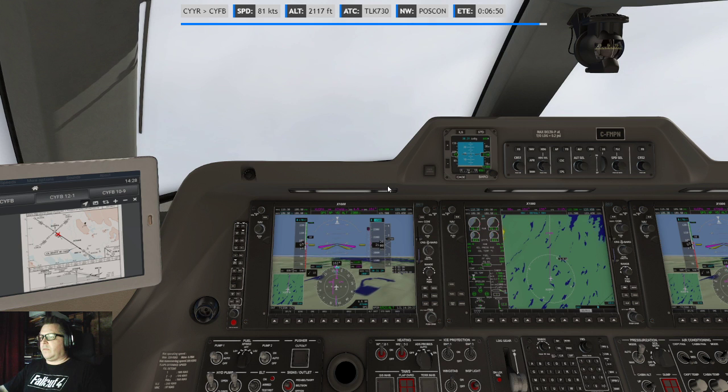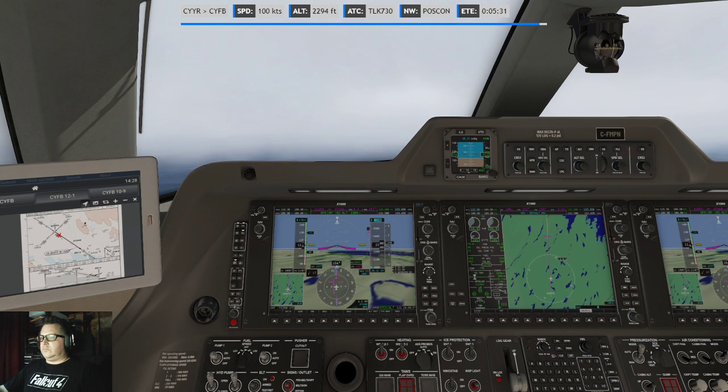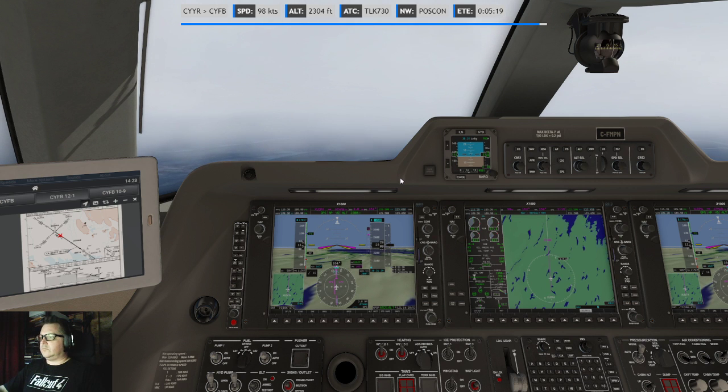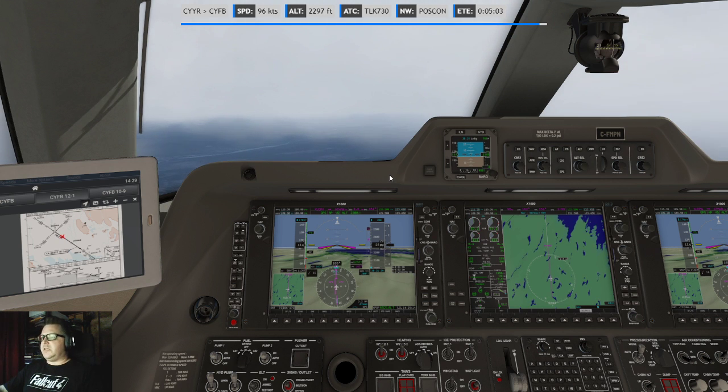Four. Three point four. Let's get ready to do it. Seeing is an option.